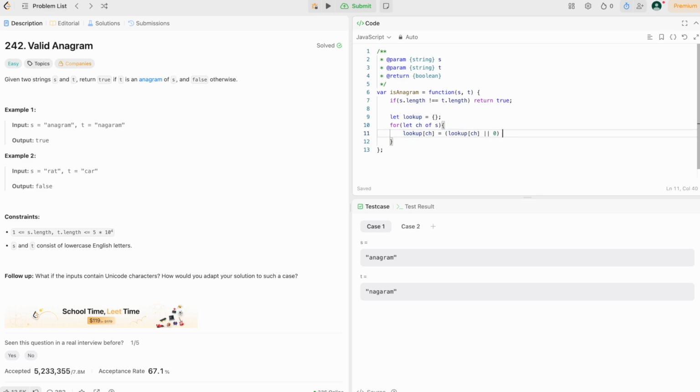Or 0 plus 1. So it will keep the frequency of each character. Now we have to run through another string. We have to run a loop for ch of t, as we have discussed. If